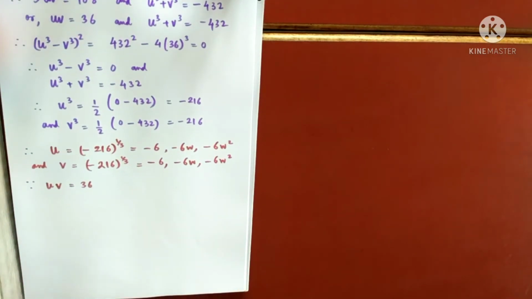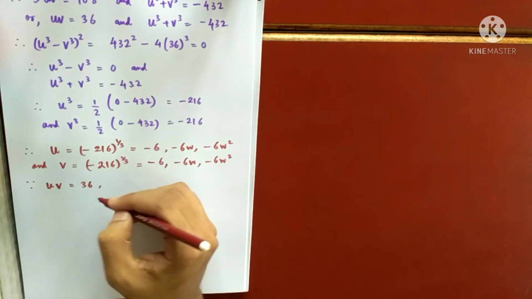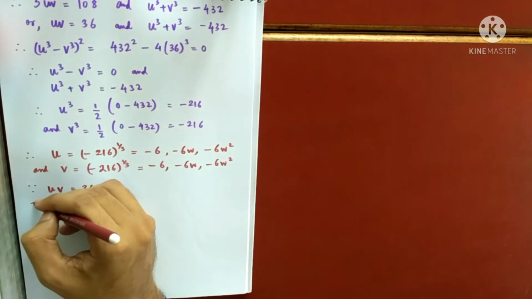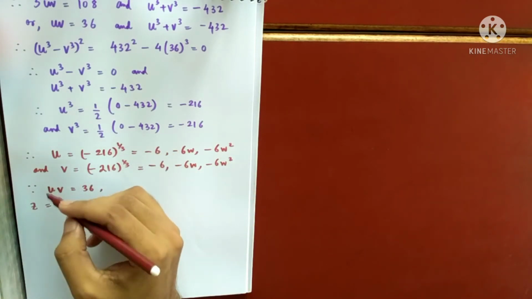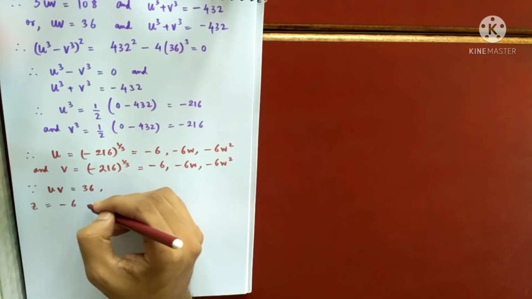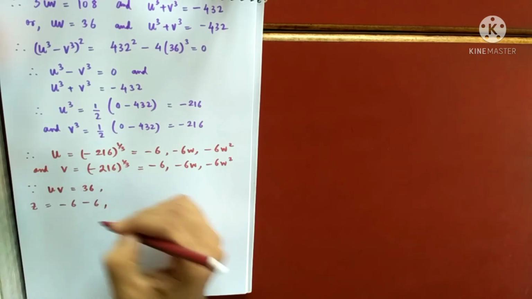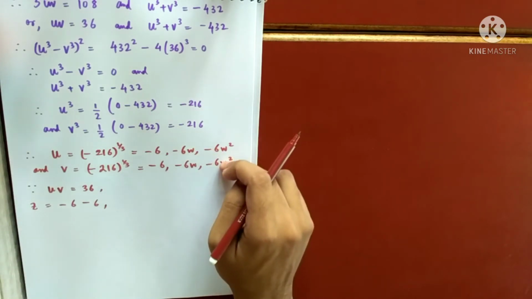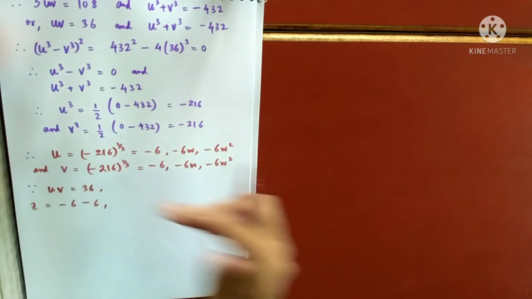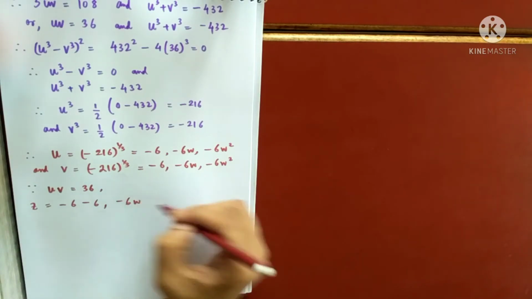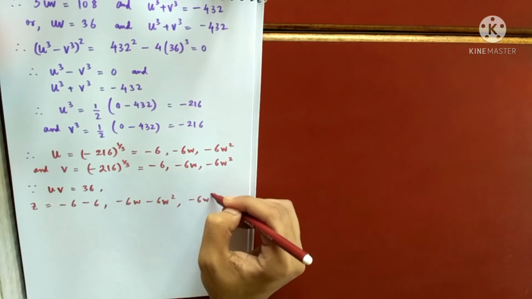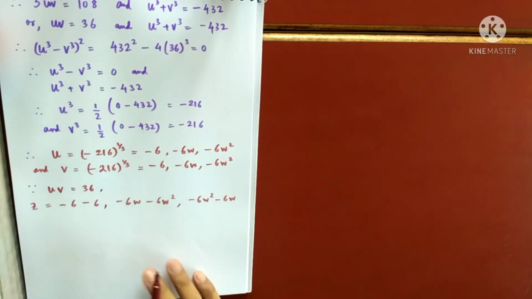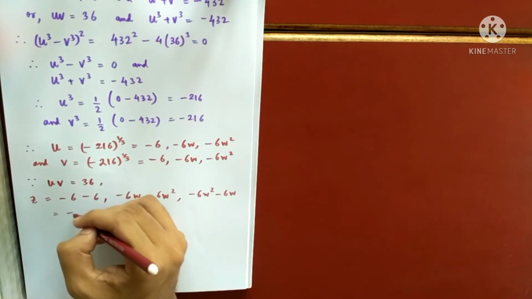So what we know, what are the values of z? Therefore z equals u plus v. So this will make a pair with this, okay, good enough, plus this, so it doesn't matter. This will make a pair with this again for the same reason, because the product should be 36. So minus 6 omega plus minus 6 omega square, and minus 6 omega square and minus 6 omega. So that means it is coming as minus 12.